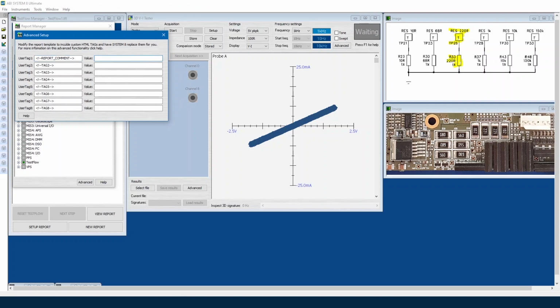For example, diagnostics on reflow oven PCB. I want to add the customer's name.